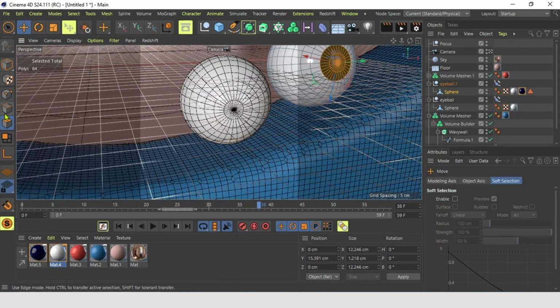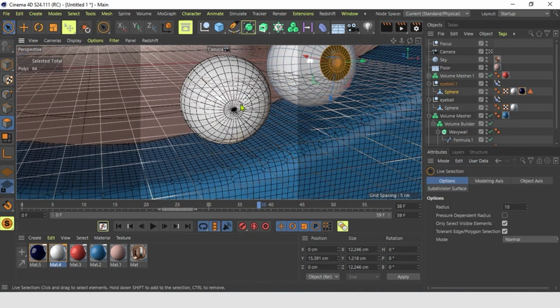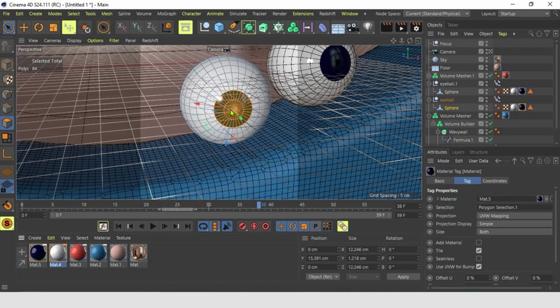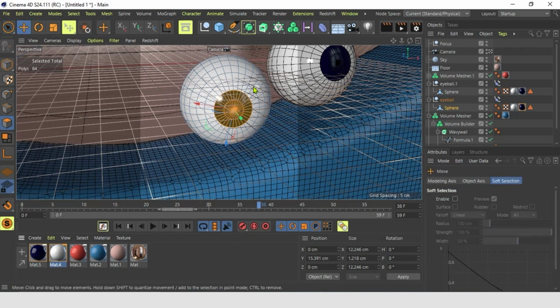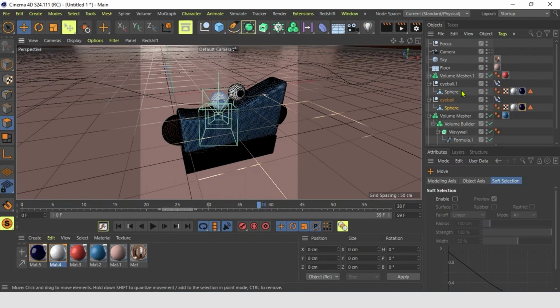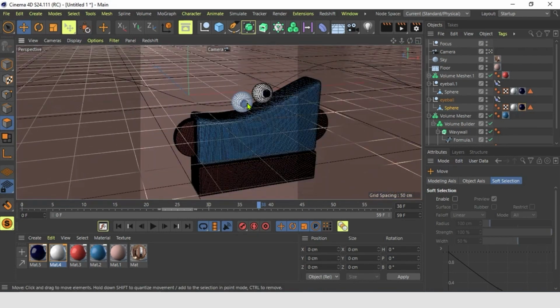You can add more of the polygons, but this is already good. So now we just drag the black material onto this selection and we do the same for the other. Let's select this sphere, select the polygons and drag the black on top. Here we go. And this is basically all the stuff we need for now.